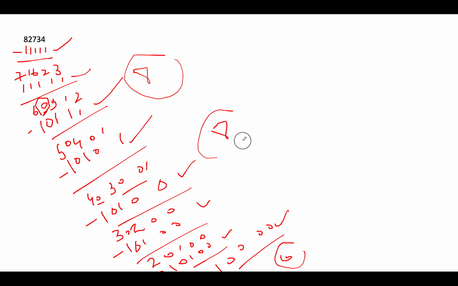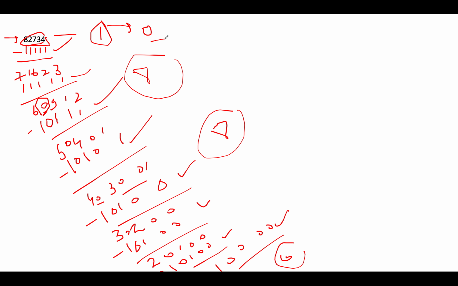In this way, we realize that the maximum digit that is there in the input number is our answer. Why am I saying this? Because once you know the maximum number in your input set, those many ones will be required to reduce it to 0. So whatever the maximum number is, whatever its index is, those many ones will be required to nullify it to 0. This is the explanation why the max digit is the answer.